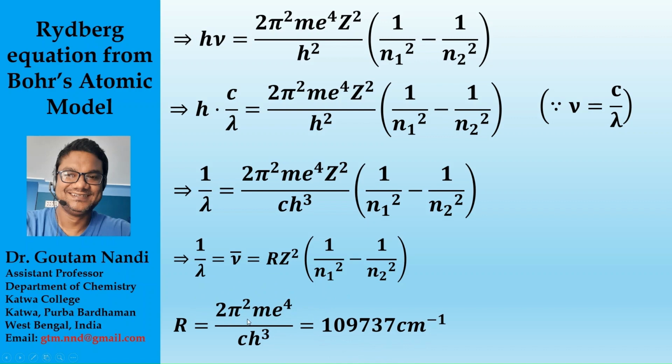And if you put in the values of m, e, c and h, this will come as 109737 cm⁻¹ in the CGS unit. As I showed earlier, the experimental value was 109677 cm⁻¹. So this calculated value is very close to the experimental value. So this is the famous Rydberg equation,